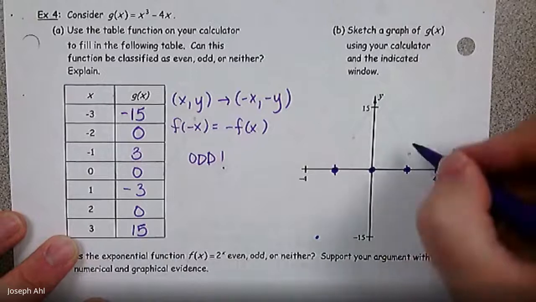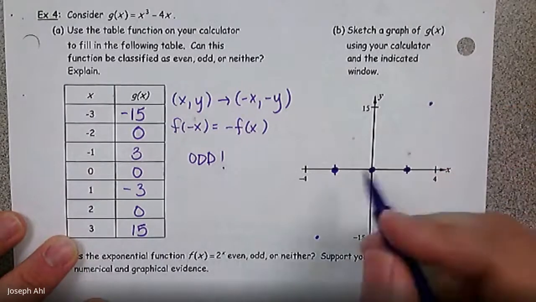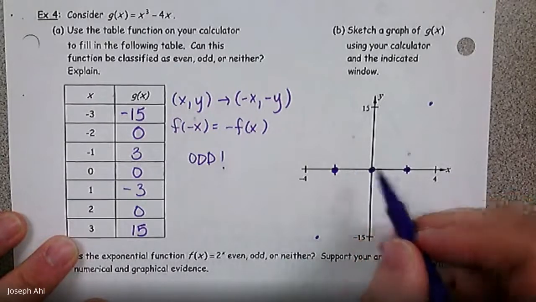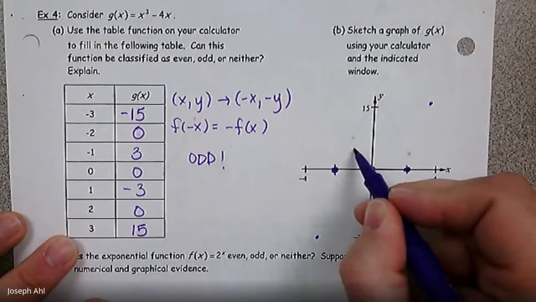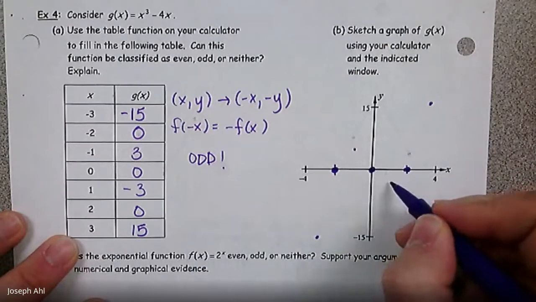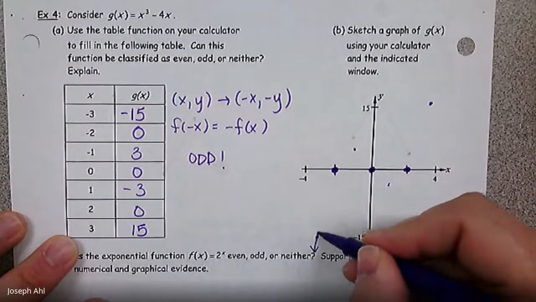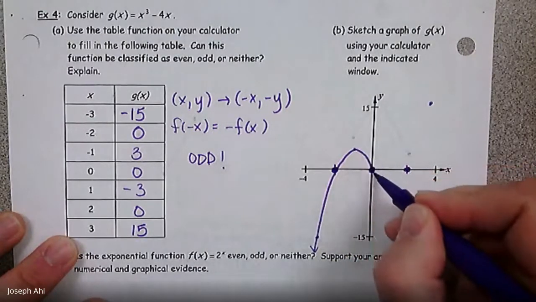And then at +3, the y value is up here at +15, so we can put that point on the graph. And what's happening at -1? At -1, the y value is 3. We'll do that approximately here. And then at +1, we're at -3. So if you start connecting these points, you're going to get a graph that looks something